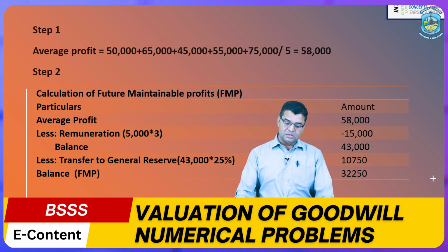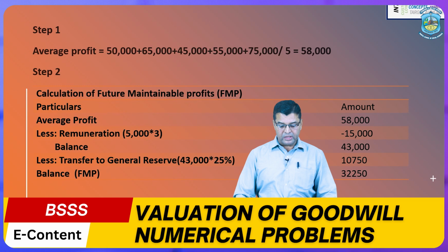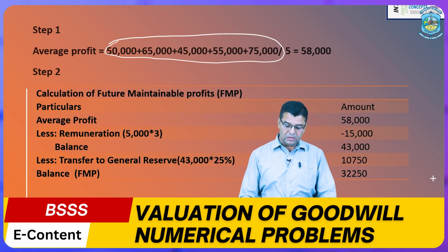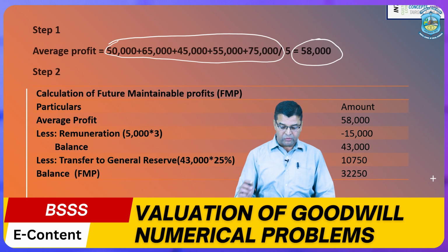Step 1 says the average profit: we have calculated it by taking into consideration all the 5 years profits, which are given. We have added them, and the total is divided by 5 years, so that we can calculate the average profit of the last 5 years. According to step 2,